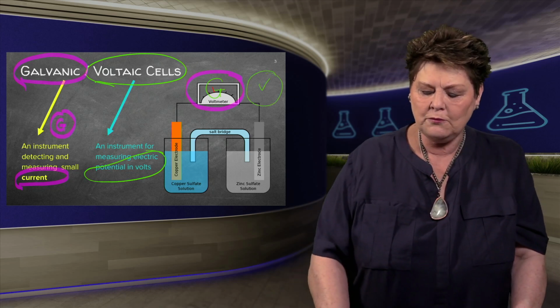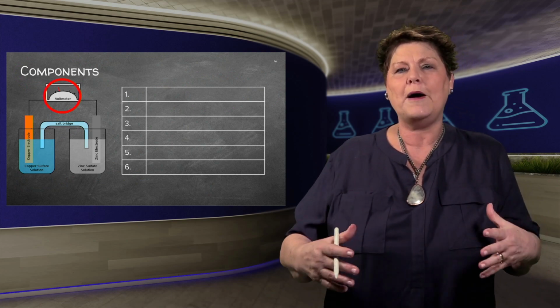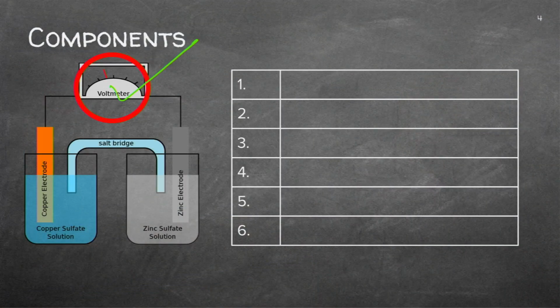The second thing will be all the components. So we've sorted the voltmeter, and the components we'll need will be either a voltmeter or a galvanometer. So make sure that you've got that in your diagram when you're going to draw it, or see and identify it if they're giving you that specific instrument. Right, let's have a look. So we've got that covered.